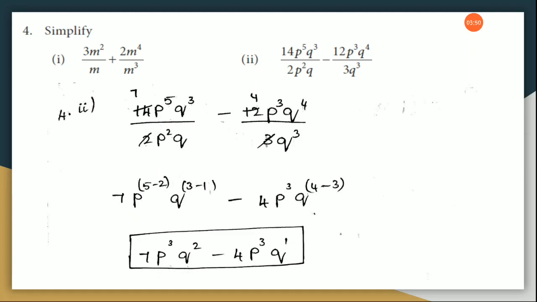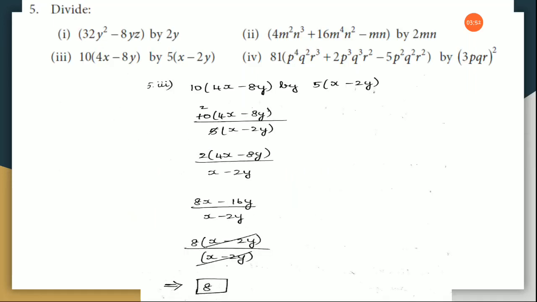Clear, children? Now, look at the fifth sum. The questions might be a little bit complicated, but it is very simple. You are just going to cancel. Normal cancellation we are going to do. Looking at the numbers, we will cancel. And then if it has the same base value, you are going to bring it on top and just subtract the power values. Okay. So please don't be afraid to solve these sums. The more and more you write and practice, it will become easier.